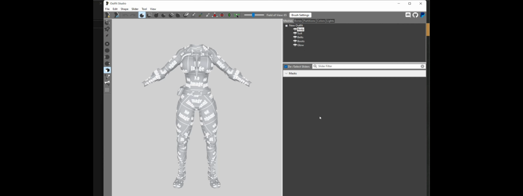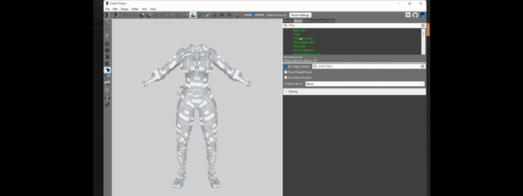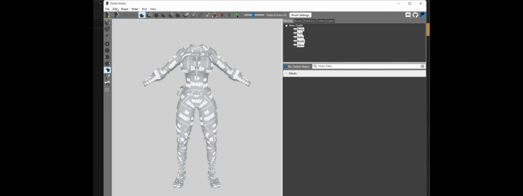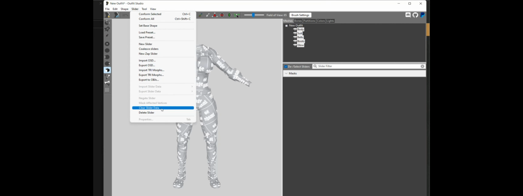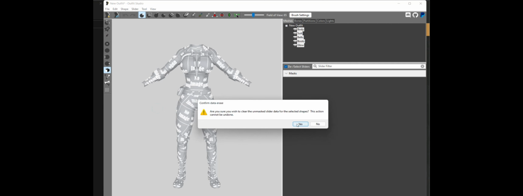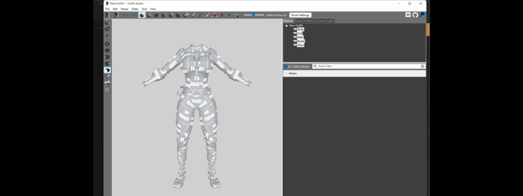It means it's a Fallout 4 file. Now the file obviously contains information related to Fallout 4 that we need to delete. So select all the meshes. As you can see, there are bones information that we need to get rid of. So the first thing to do is to select everything and go to Edit and remove skinning. Yeah, that one. Remove it. And secondly, to make sure there is no information left, go to Slider and clear slider data. Now our file is clean and virgin again with no information at all contained in it.